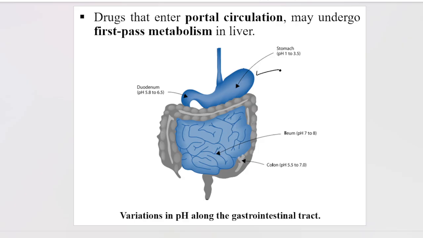Okay, so then again, this is the stomach, and it has got pH from 1 to 3.5, so acidic environment. Then from the stomach we have the duodenum, that is part of the small intestine, and its pH is from 5.8 to 6.5. And then we have the ileum, that is also part of the small intestine, and its pH is 7 to 8. So stomach, duodenum, jejunum, and ileum, and then we have the large intestine, that is the colon, and its pH is from